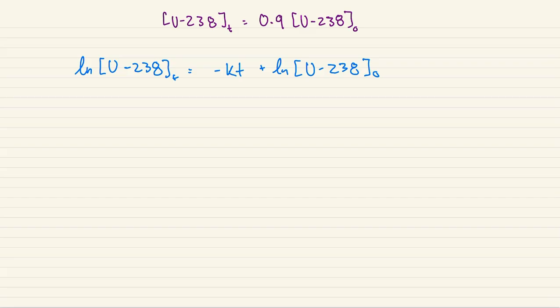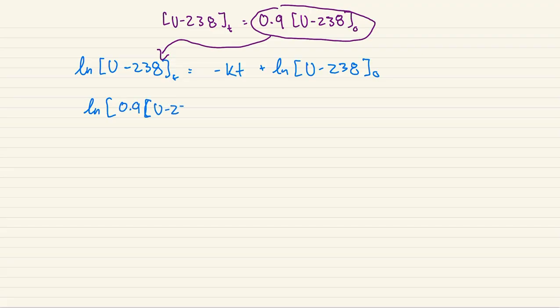Because of this relationship, we can just plug that in for that expression right there, and the same way we rearranged it before, we can do that again. And when you get the ratio of the logarithms, the initial concentration cancels out, right? So let's go through that step real quick. ln 0.9 uranium 238 initial. So all I did was plug it in for that initial value, minus kt plus ln uranium 238 initial. We can subtract